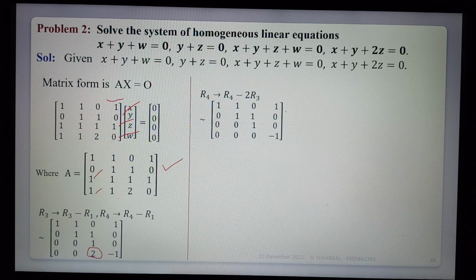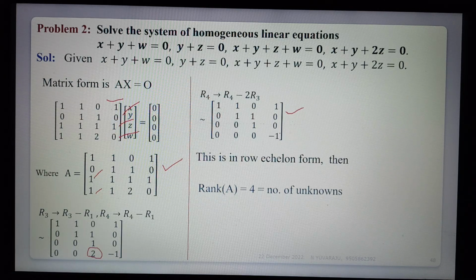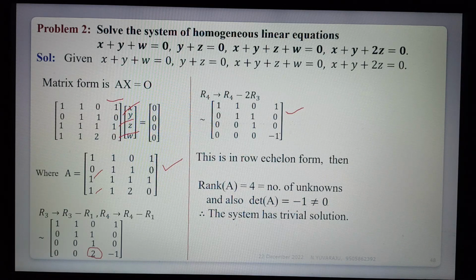So the rank of the matrix A is 4. Number of unknowns is 4. Equal, you can see. Rank of A is equal to 4, equal to the number of unknowns. Therefore the system has the trivial solution, that is the zero solution, that is the unique solution. And automatically x is equal to 0, y is equal to 0, z is equal to 0, w is equal to 0. This is the solution of the homogeneous linear equations. So when rank A is equal to the number of unknowns, directly